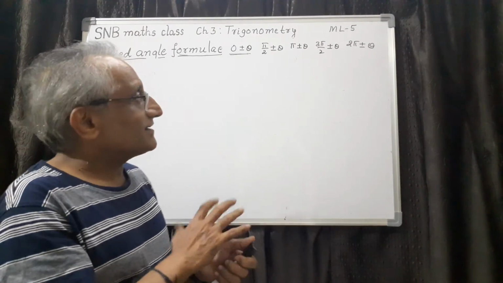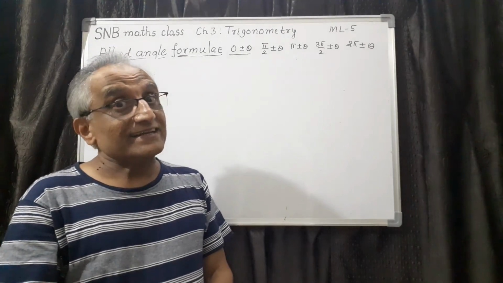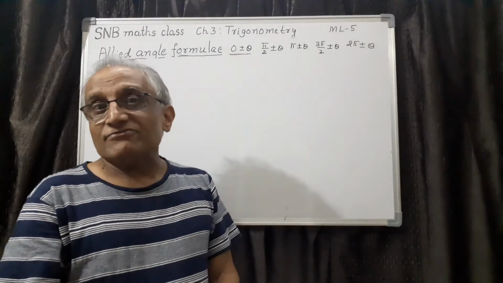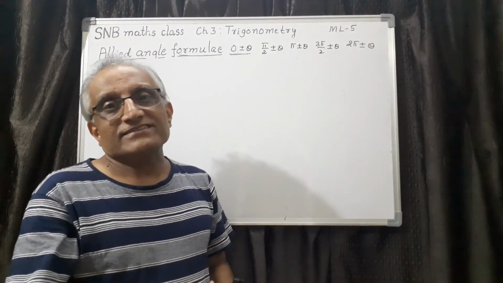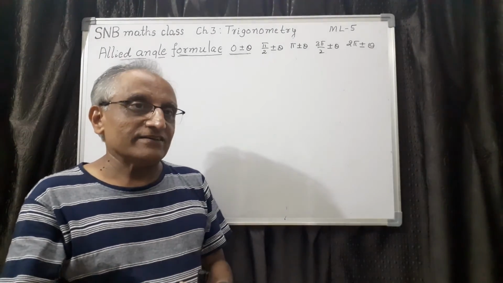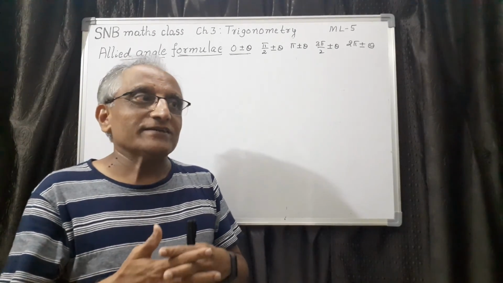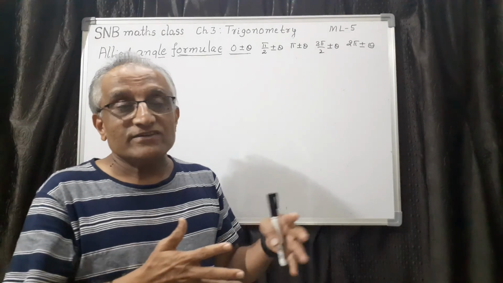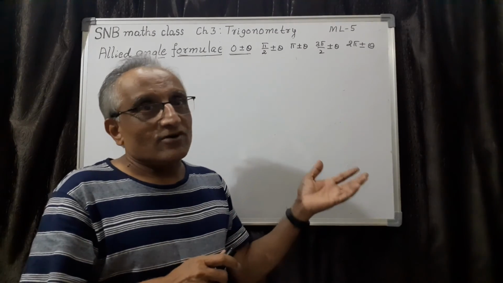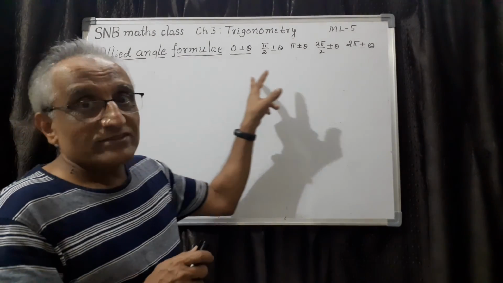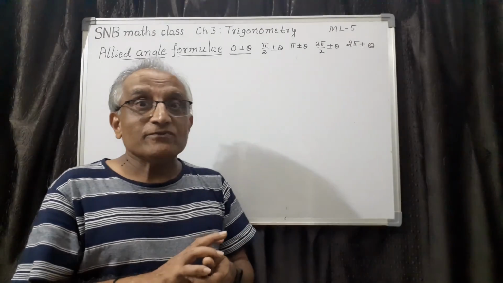In the next class, let me take another interesting aspect, that is trigonometric functions and their graph. In the second chapter, we have studied functions. All these ratios are nothing but functions. Sin x is a function, cos x is a function, tan x is a function. Like that, there are 6 functions. So once again we can discuss what is the domain, what is the codomain, what are the ranges of different trigonometric ratios. Then also graph, just like your greatest integer function graph, mod function graph. We can draw the graph of all the trigonometric, not the ratio, remember, functions. So let us continue. Hope you will definitely enjoy.